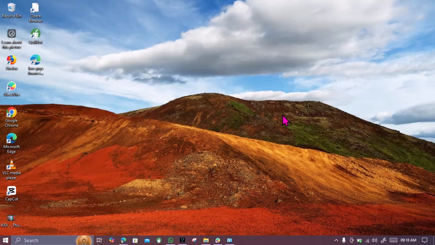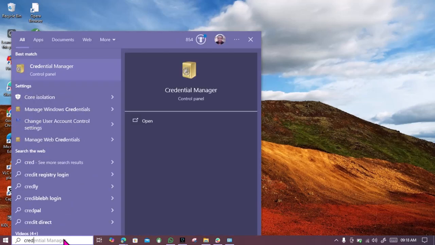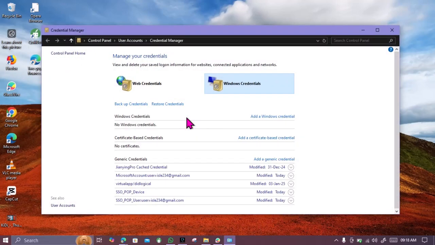The next thing we want to do is learn how to check our saved passwords in Windows. Now we usually use the Credential Manager. This is how we do it. Go to the Windows search bar over here, click on it, and type Credential Manager. Then you open it, and once you've done that you're going to see two